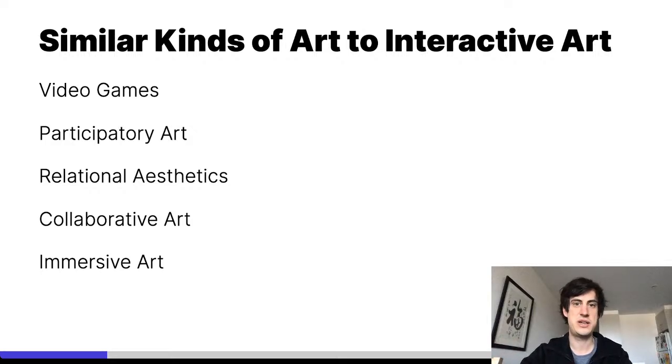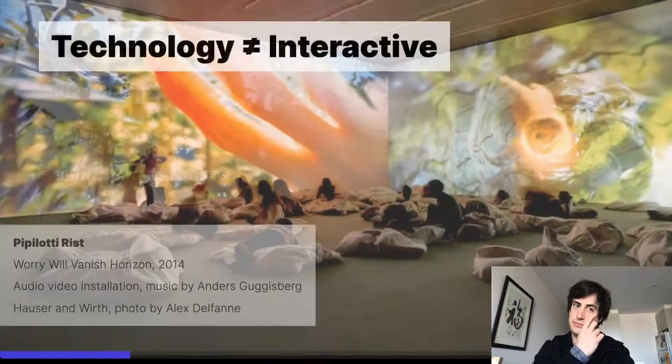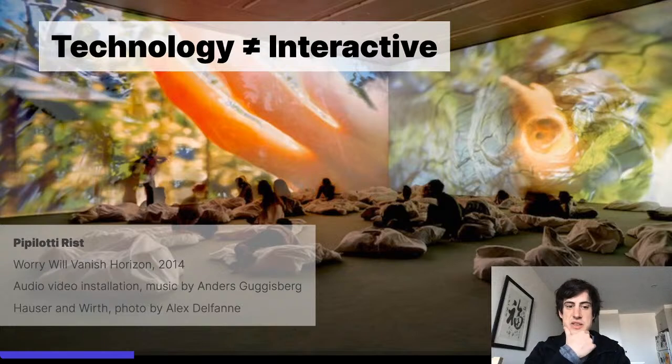But it's not necessarily interactive art because the instrument is an instrument, not an artwork, but the final product might be the artwork. And then another idea is this idea of immersive art. Okay, so, and I think this is one of the best examples that technology doesn't equal interactivity. In fact, technology can be used to create very,